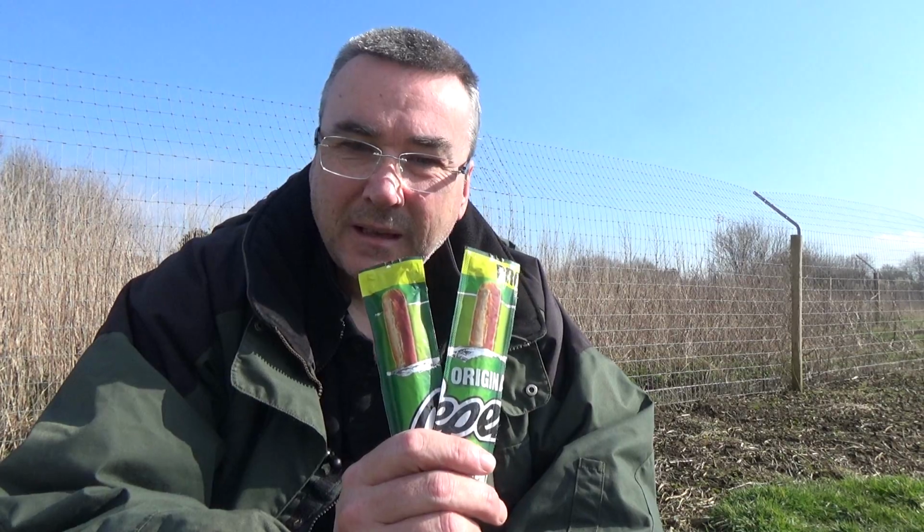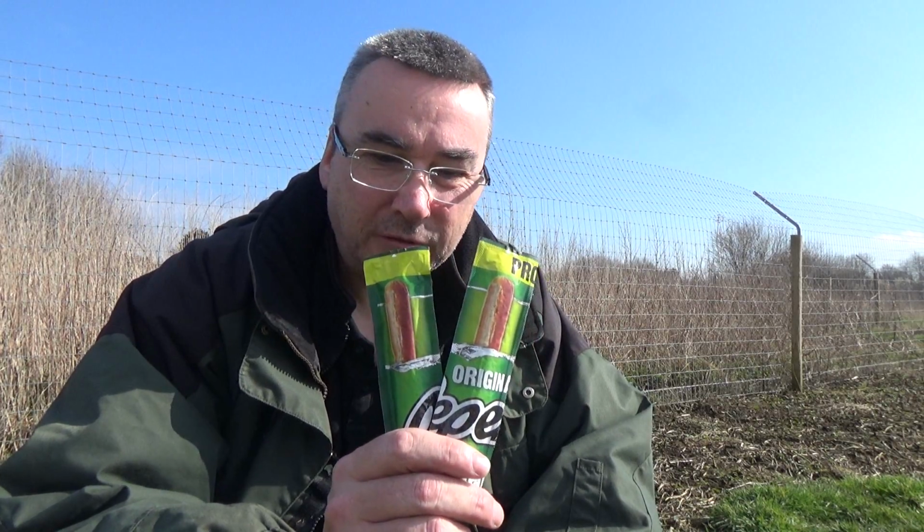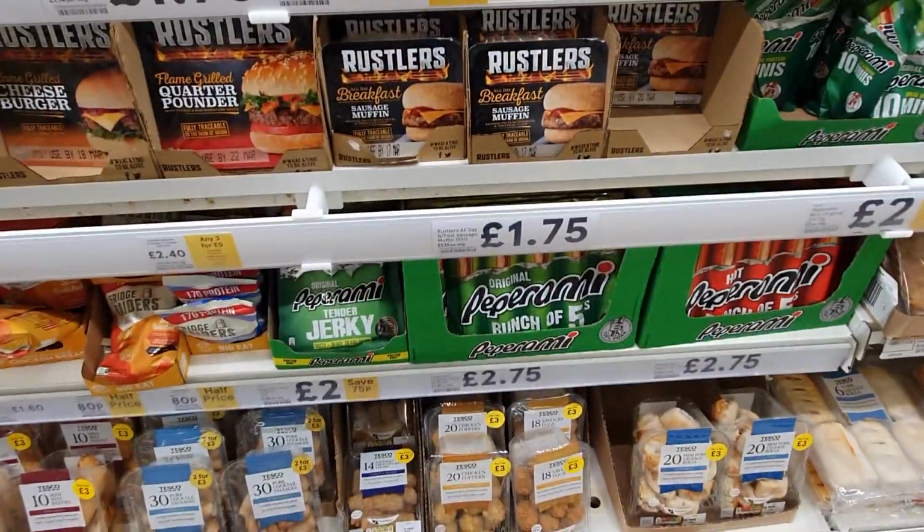Every carp angler should have a change bait, something they can go to besides the boilie that they can use to nick a bite. And today I'm going to show you one of my favourite change baits, Peperami for carp fishing. So, Peperami. I get mine from the supermarket, off the supermarket shelves,